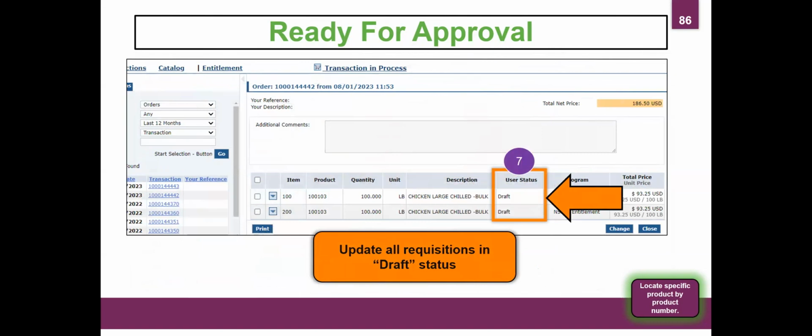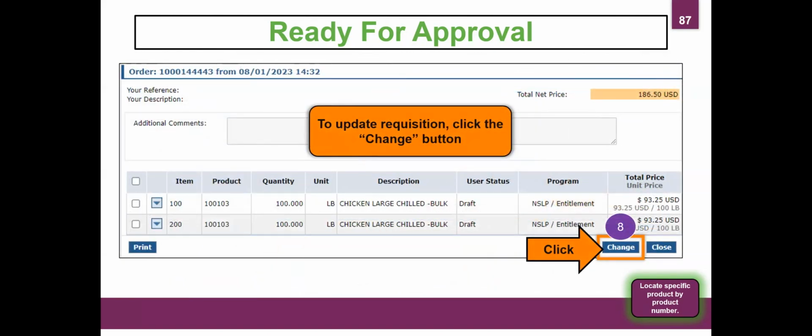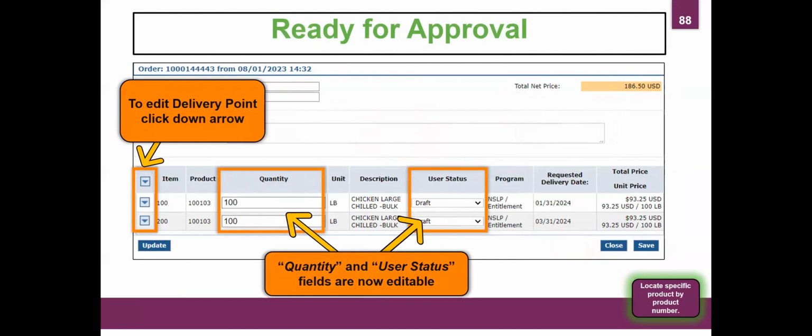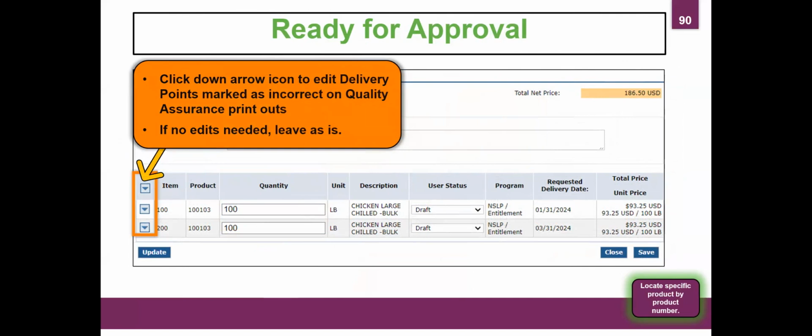So we do have to click the change button, and that's what gives us access to modify, basically, this requisition. So we click change, and now we have access. It opens up all of those different fields that we double checked. And if we need to change anything, we can edit, change quantities, remove, trash, delete something, whatever we need to do. There's our quantity. If we don't need any edits, then that's fine.